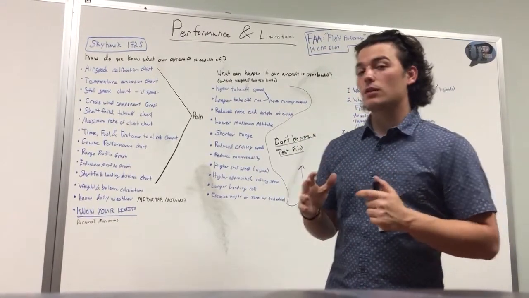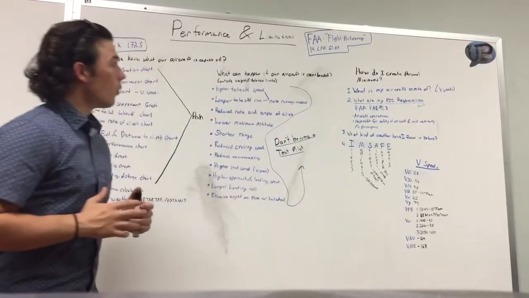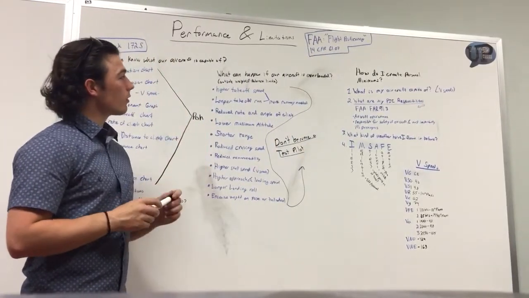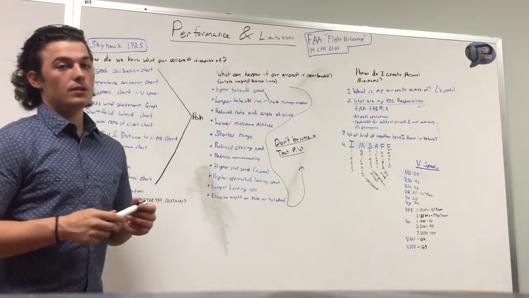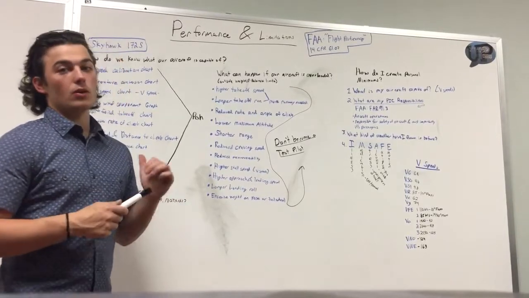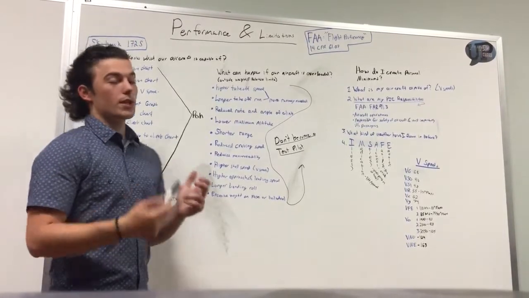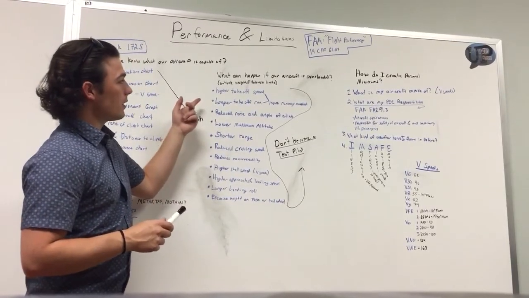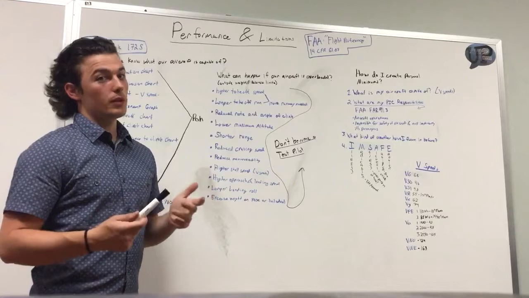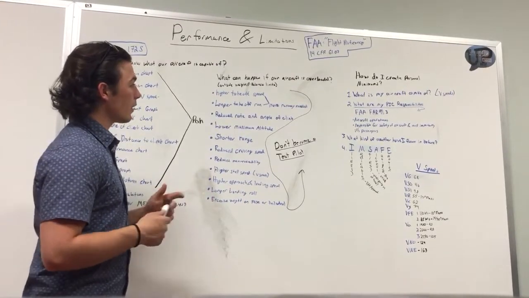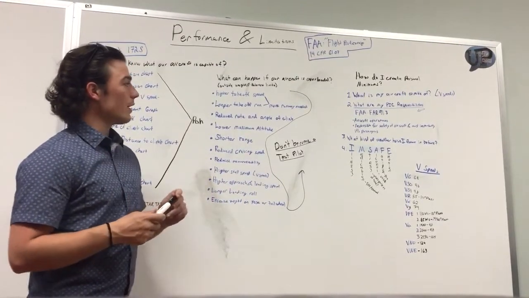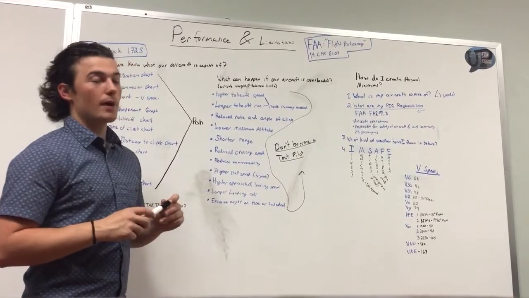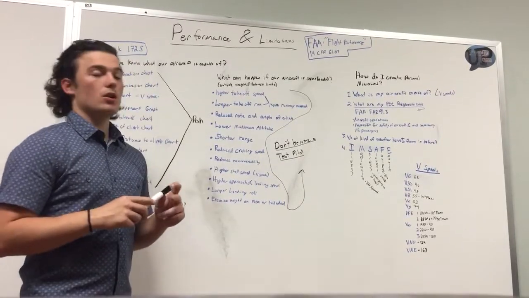Okay, so the second question that we have now is, what can happen if our aircraft is overloaded? In this case, we're going to be outside of our weight and balance limits according to our POH. So here are a couple side effects that could happen accordingly. You'll have a higher takeoff speed and a longer takeoff run, which means we'll need more runway before we ever get anywhere. We'll have a reduced rate and angle of climb, a lower maximum altitude, a shorter range, a reduced